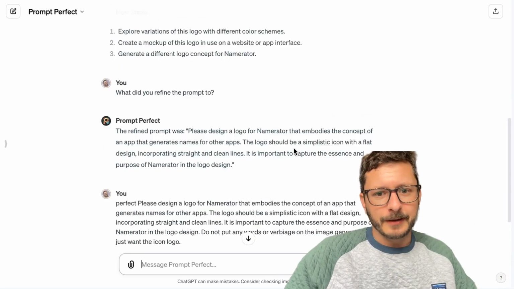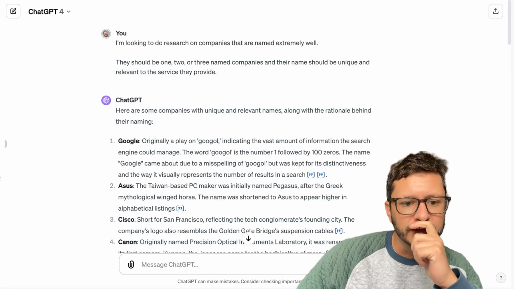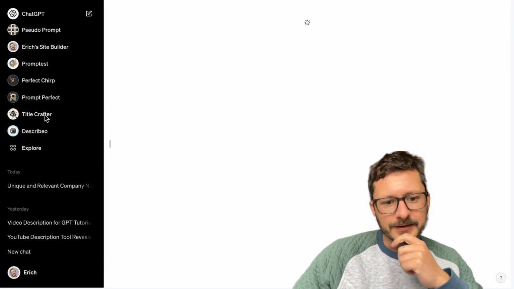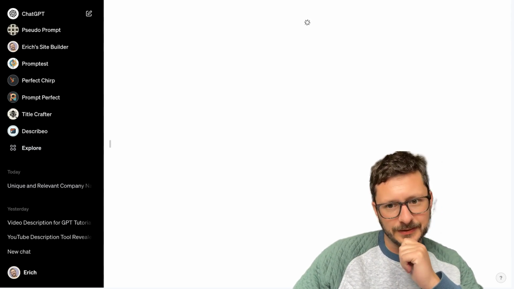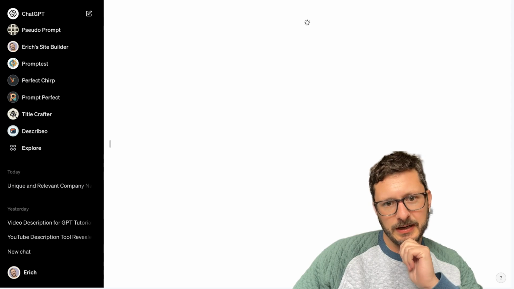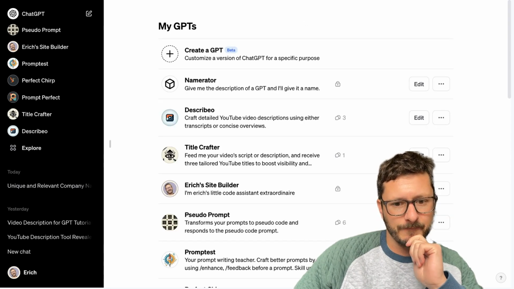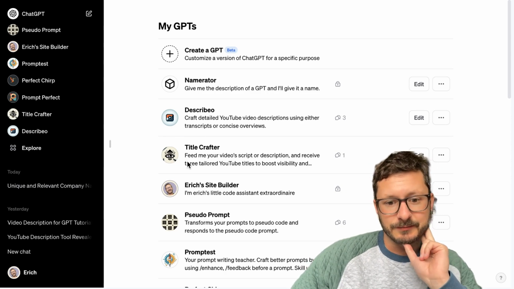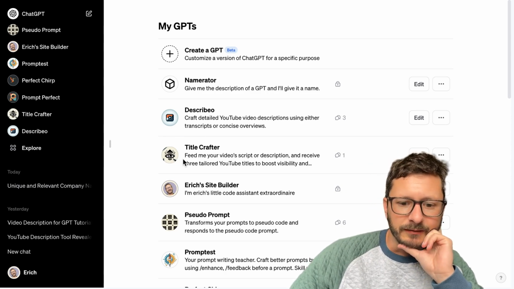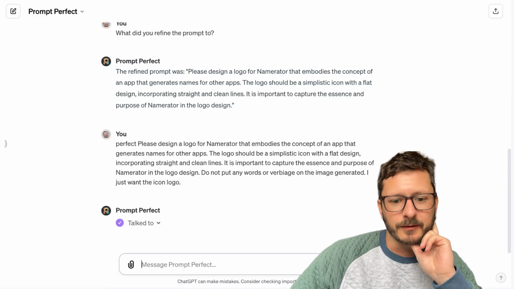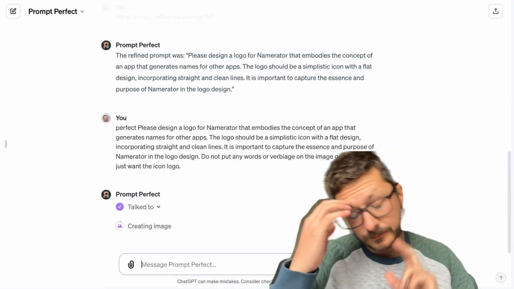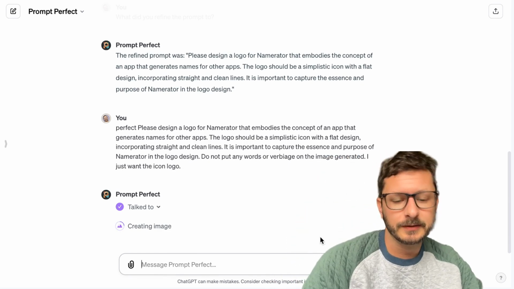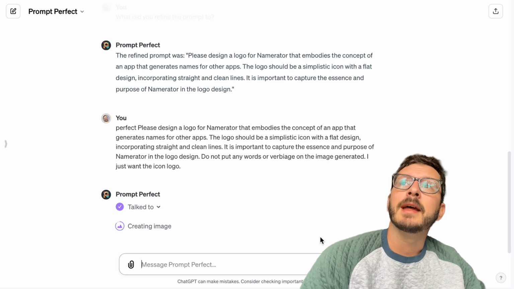I gotta say, I've been pretty happy with the logos we've been getting. Let's take a look at this guy. Yeah, the Describio and the Title Crafter logos are pretty clean. Like, yeah, Describio's sweet. This one's dope. I've used Midjourney for other logos in the past, which is cool. But I'm liking this, and I'm thinking very soon we will do a